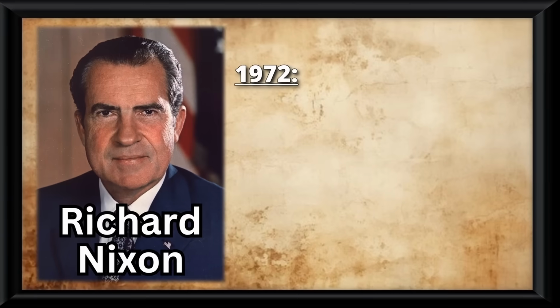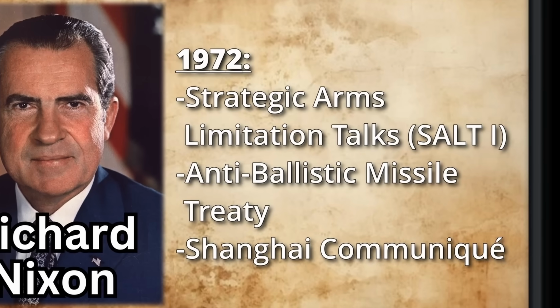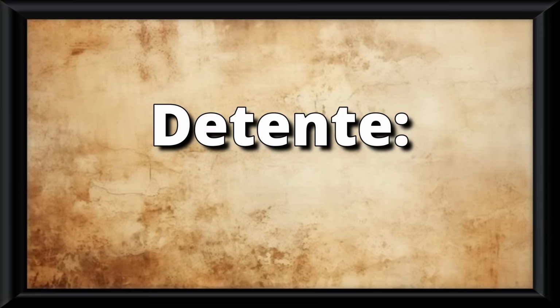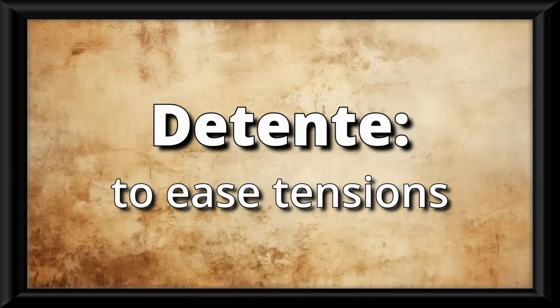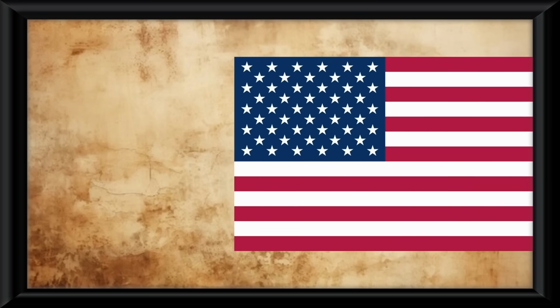Under Nixon, various treaties and open communications between the US and China/the Soviet Union will happen, and the key method of the Cold War will now turn to something called détente, meaning to ease tensions. There are also so many other parts to this Cold War that I do not have time to go over. Just understand that the US used a lot of different strategies over the years to manage the Soviet threat.